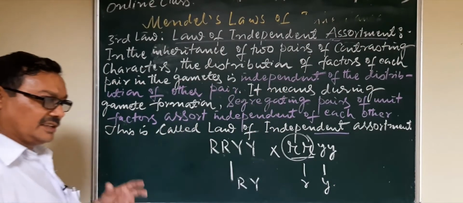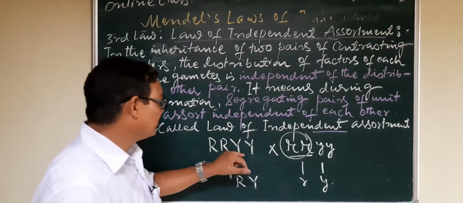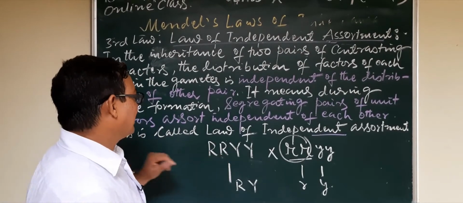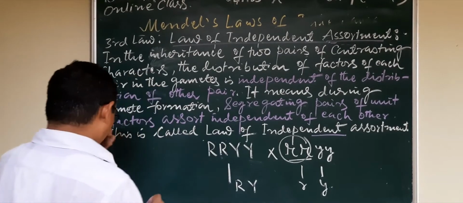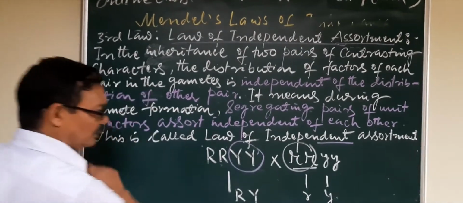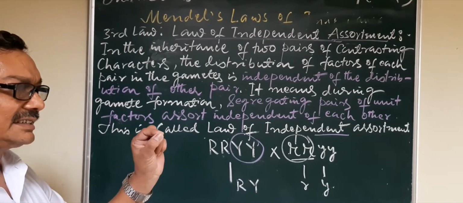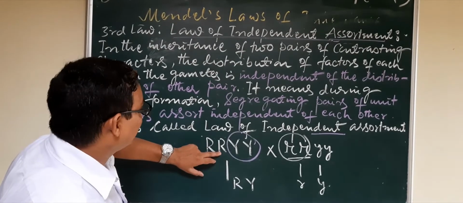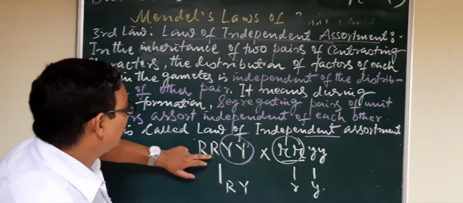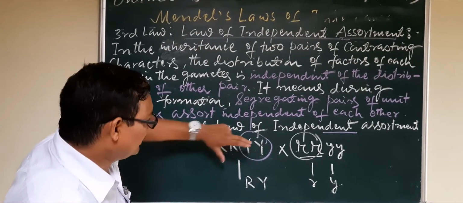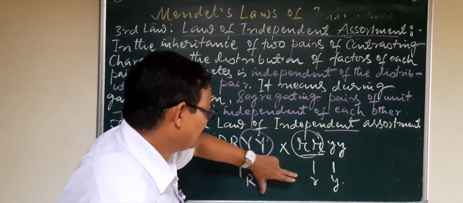Understand? The association when we have selected parent, at that time we have associated the more character, like the round shape of the seed associated with the yellow. That means we have selected that type of people and having the characteristic features with round seed and the color of the seed is yellow. But this association, when at the time of